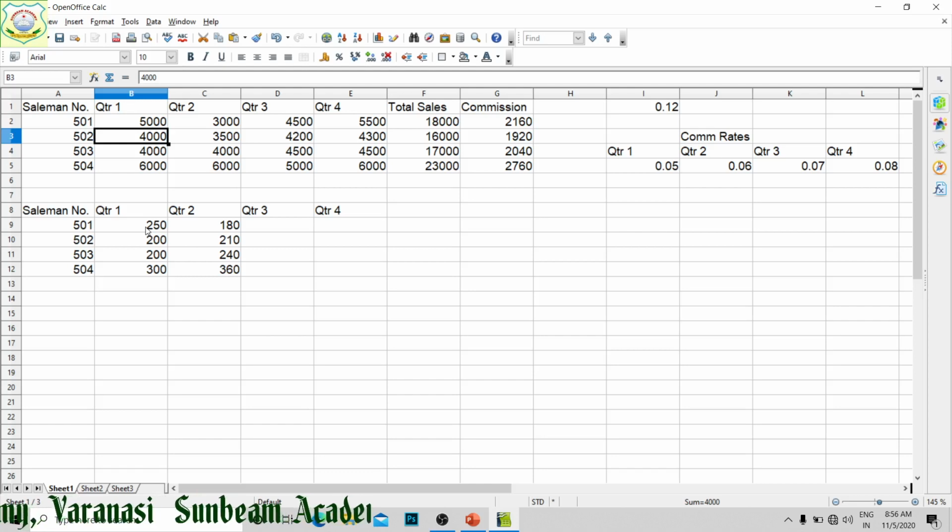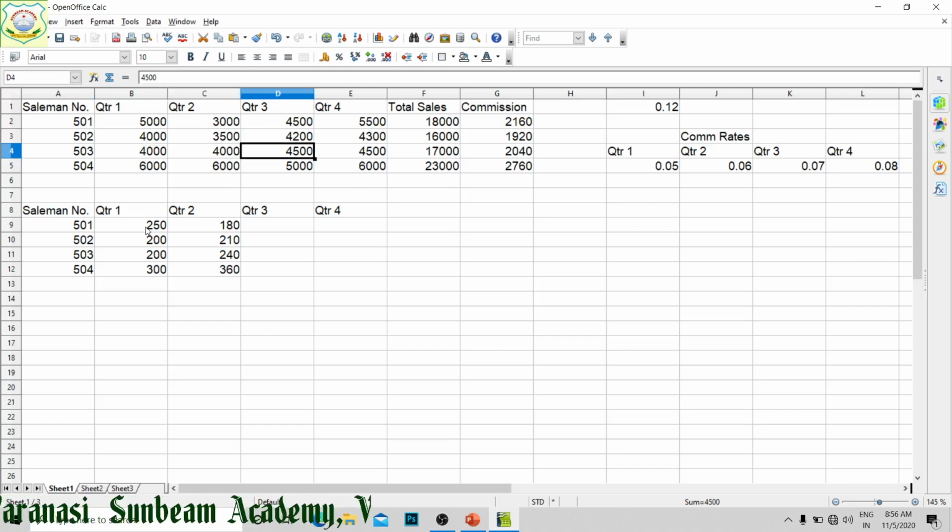The cell content has been updated, means it can be updated like directly you can type, it has been updated. Secondly, you delete it, and whatever you want to type you can do.